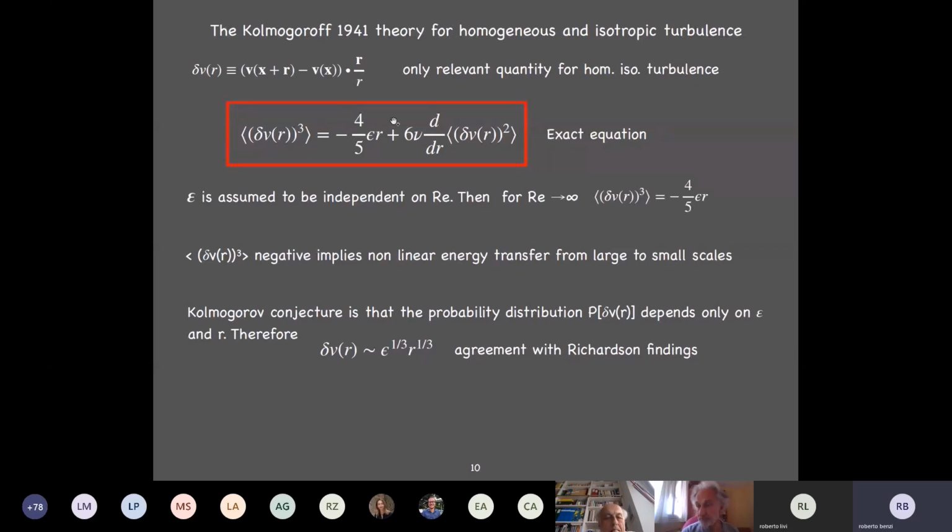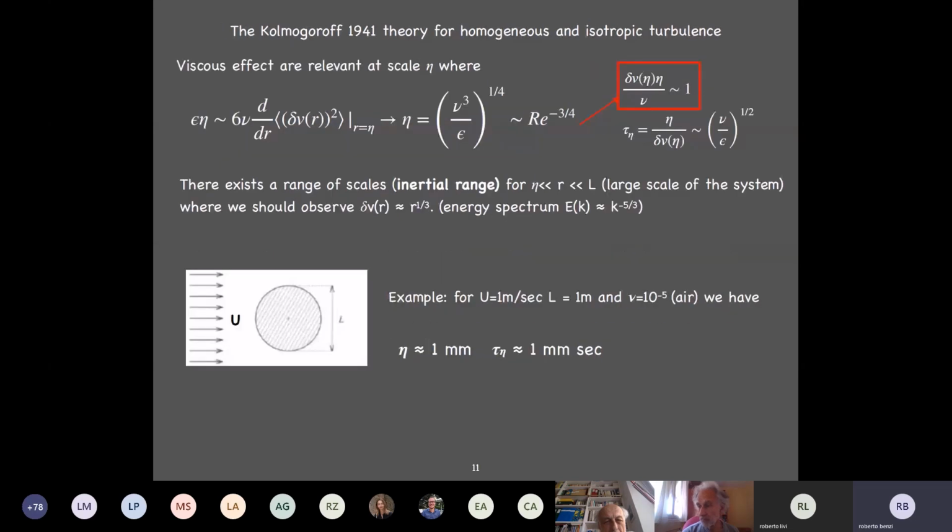So the Kolmogorov theory was really a moment where different ideas, built up over 40 years of work at the beginning of the last century, were put together in a framework that specified very well this property of turbulence, at least in the homogeneous and isotropic case, and for very large Reynolds number. Another consequence of the Kolmogorov theory is the introduction of a characteristic scale, the Kolmogorov scale,